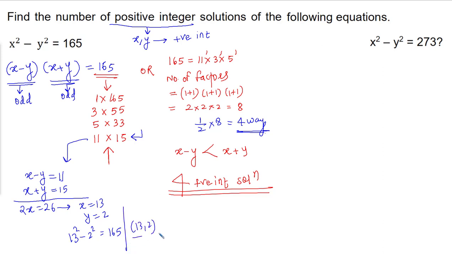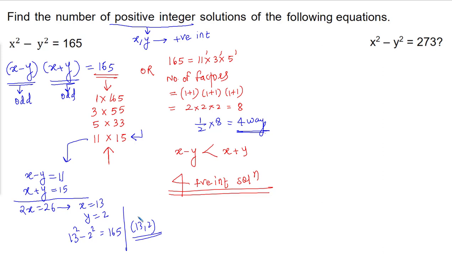Likewise we can find other solutions also, but we do not need to find the actual values of x and y. We need to find out how many values (x, y) can take. We do not want to find exact solutions, we want to find how many solutions there are. So for this particular equation, how many positive integral solutions are there? Total 4 positive integral solutions are there.